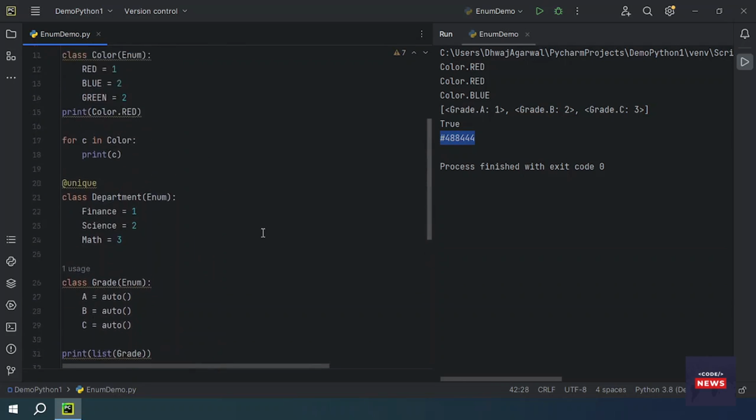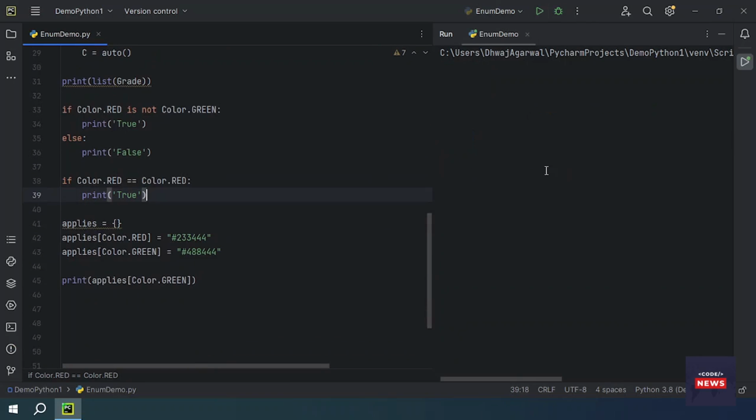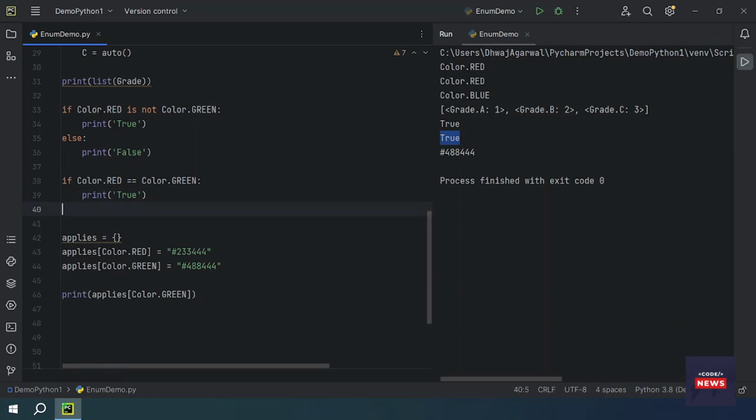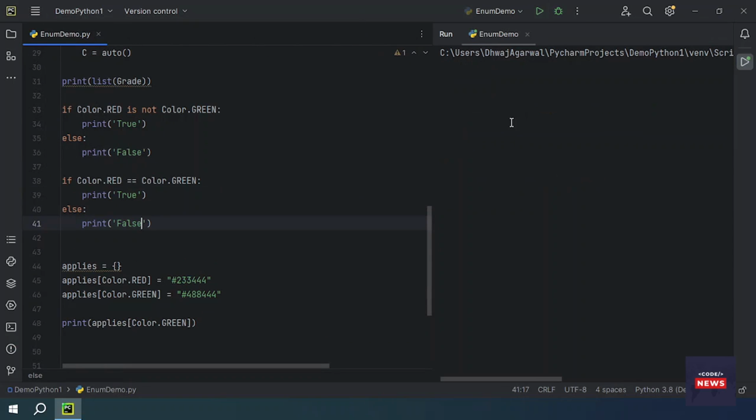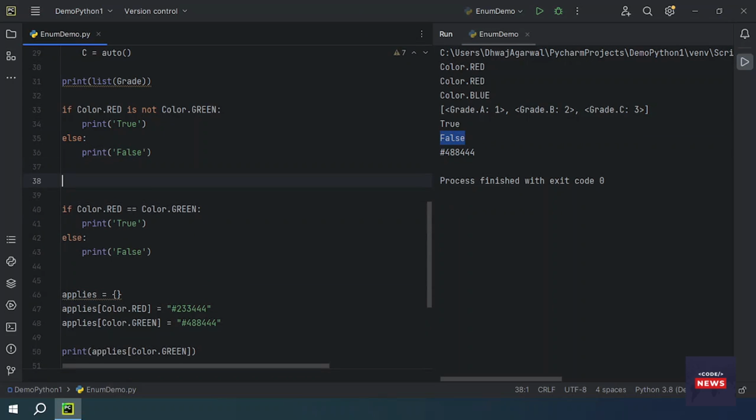Even in the comparison, you can do one more thing, like if it equals Color, then in the program it is true, and you can apply the else. If you run the program, you will get false here. You can take a reference of the enumeration as well. Then you can check this variable. This way also you can do it. So this is still false. If you make it green, then you will get true.